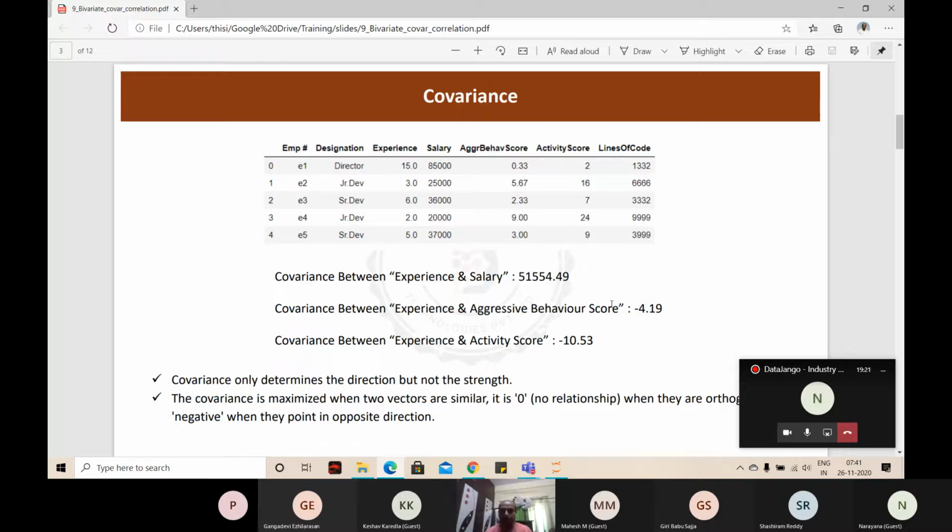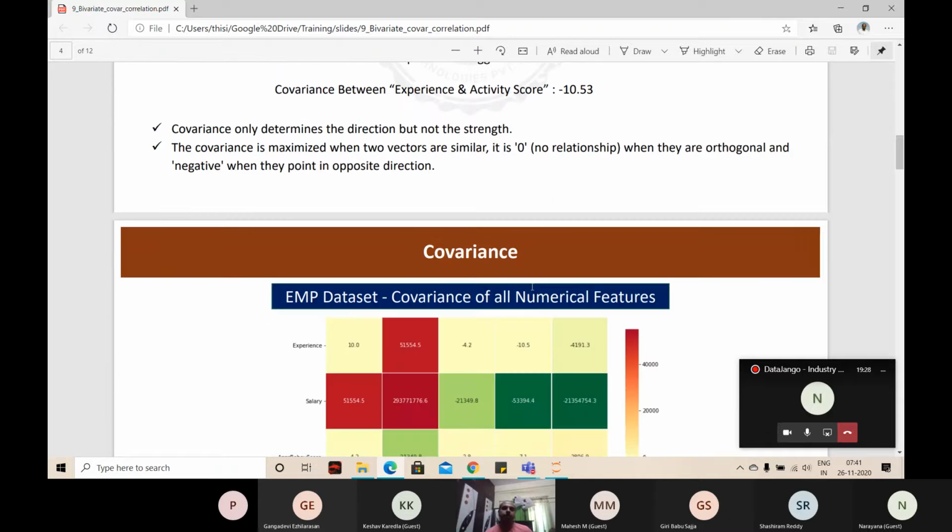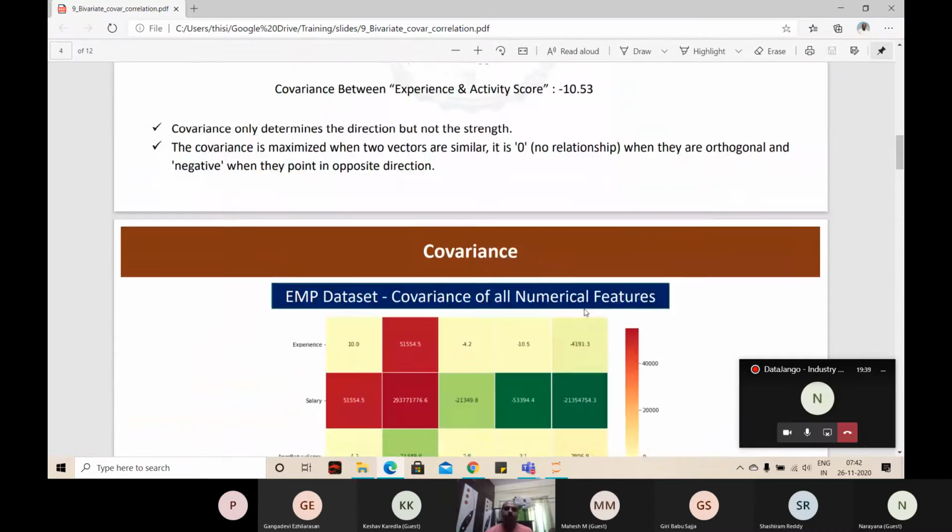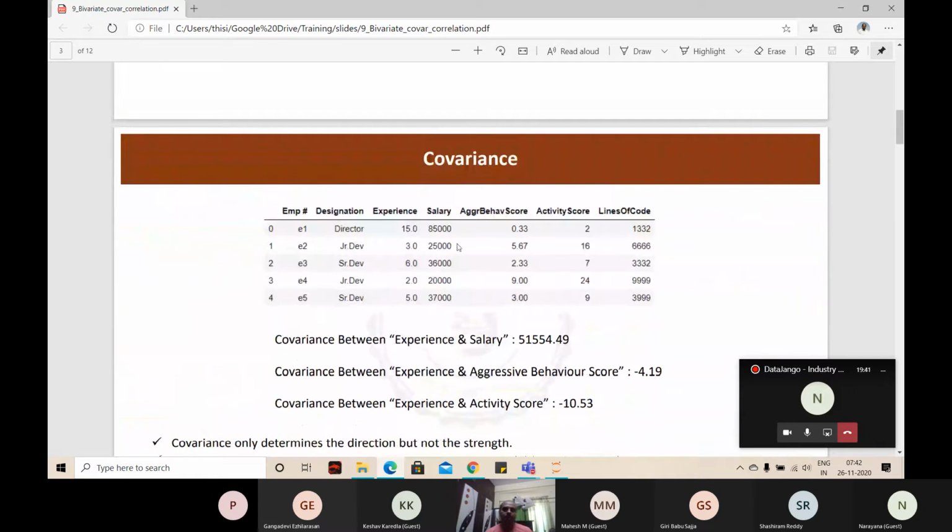In comparison with another relationship, you cannot understand whether it is strong or weak. To solve that, we have introduced correlation. The correlation coefficient is a normalized value of covariance. What is normalization or standardization? One simple example I have taken was: take the maximum and divide all the values by the maximum number. All data will come between 0 and 1.